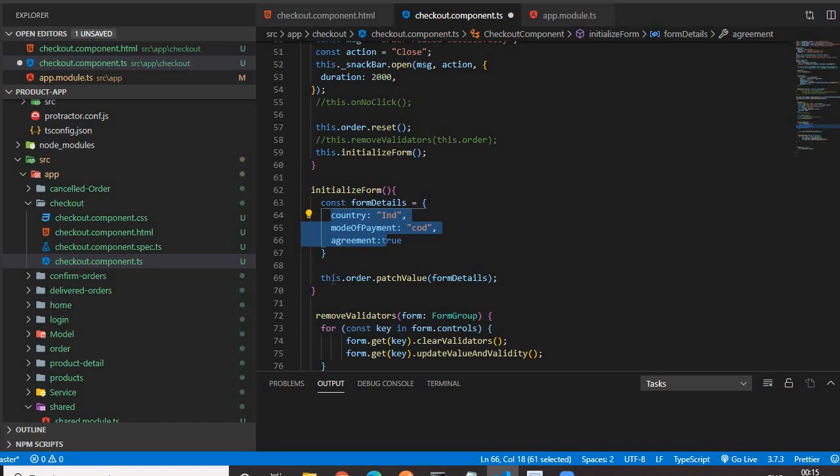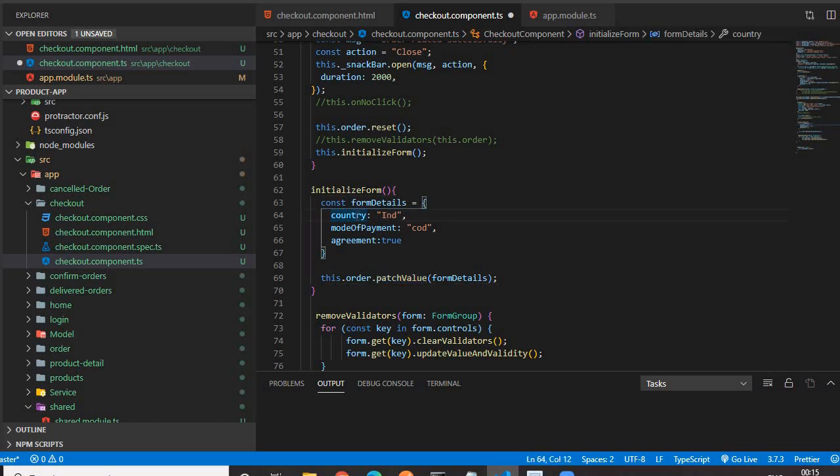Then we have to do this.formGroupName.patchValue. This is one of the functions available in the form for initializing the form. This function will take an object in which the object should have the form control name and its respective value for initialization. So what it will do, this patchValue will go through this object's properties.